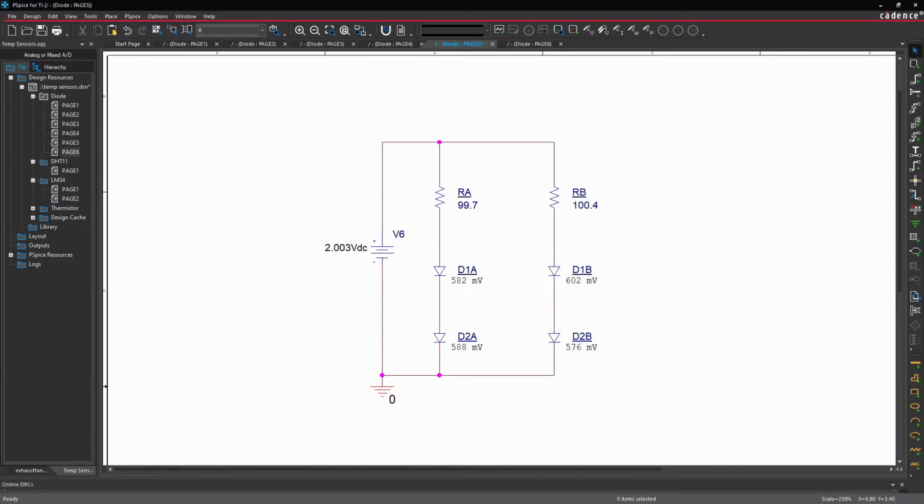Using the measured values, I calculated the currents through each of these branches. IA was 8.36 milliamps and IB was 8.22 milliamps. As you can see, there's a lot of variation between these diode voltages, and I can't really confidently use this approach to measure temperature. To be fair, I'm told that you can do this better with diode-connected BJTs, but I